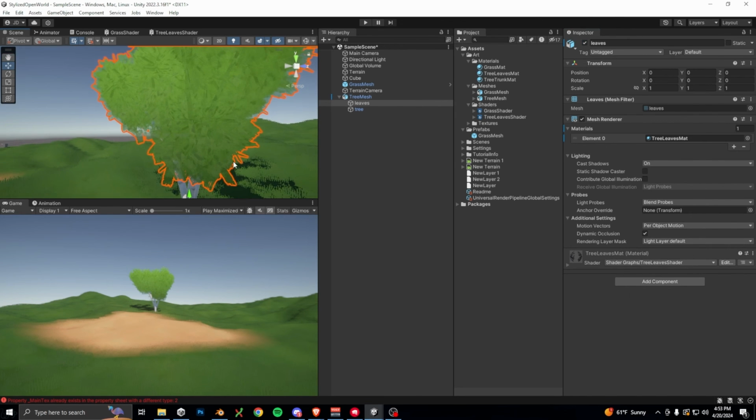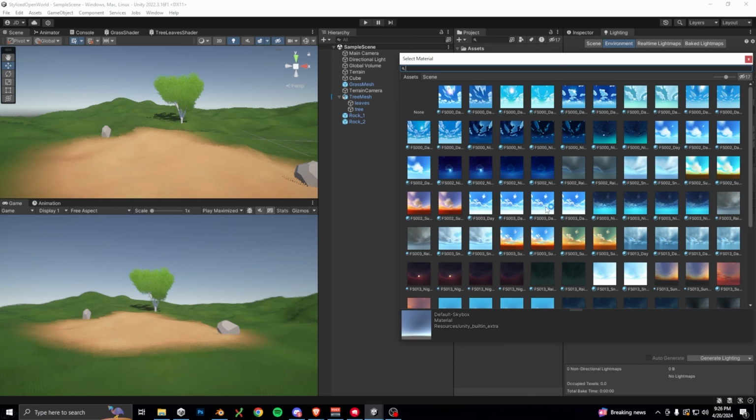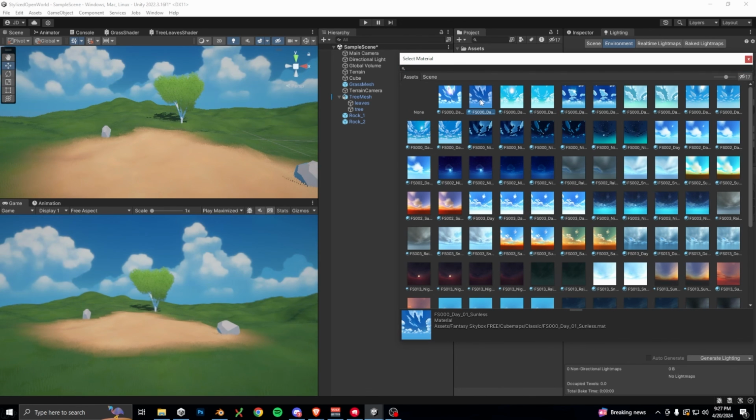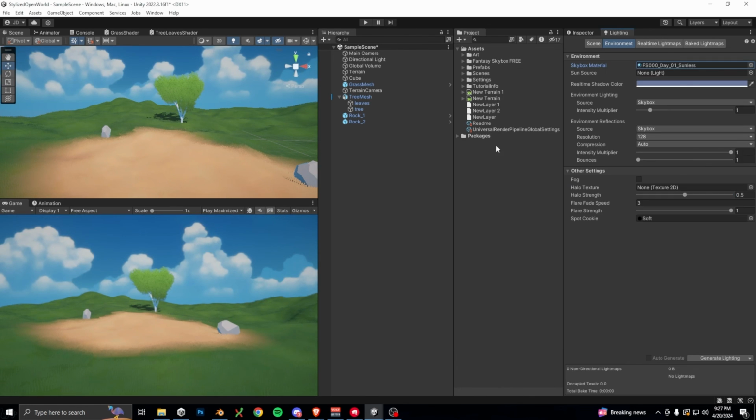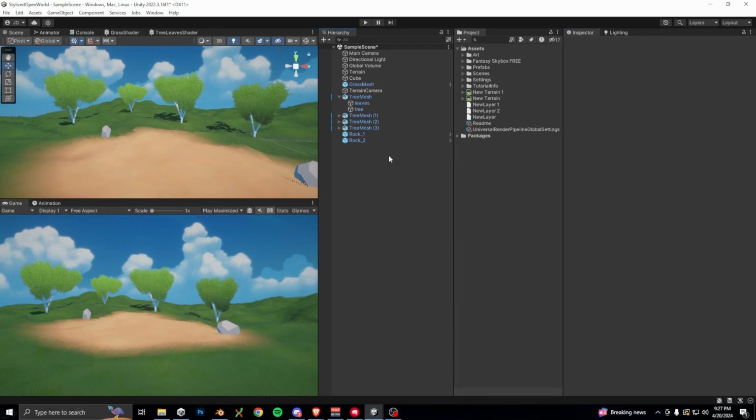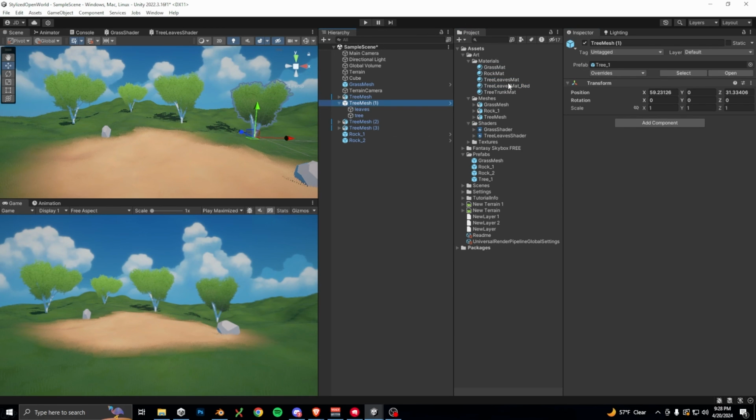At this point, I'm going to finalize out our scene. I did some rocks offline. I don't think it's really worth showing because they are just some very basic meshes. I'm also going to bring in a skybox from the Unity Asset Store, so we won't be going over those either. Okay, so now I'm just dragging on a couple rocks, adding in our skybox in the lighting panel, and